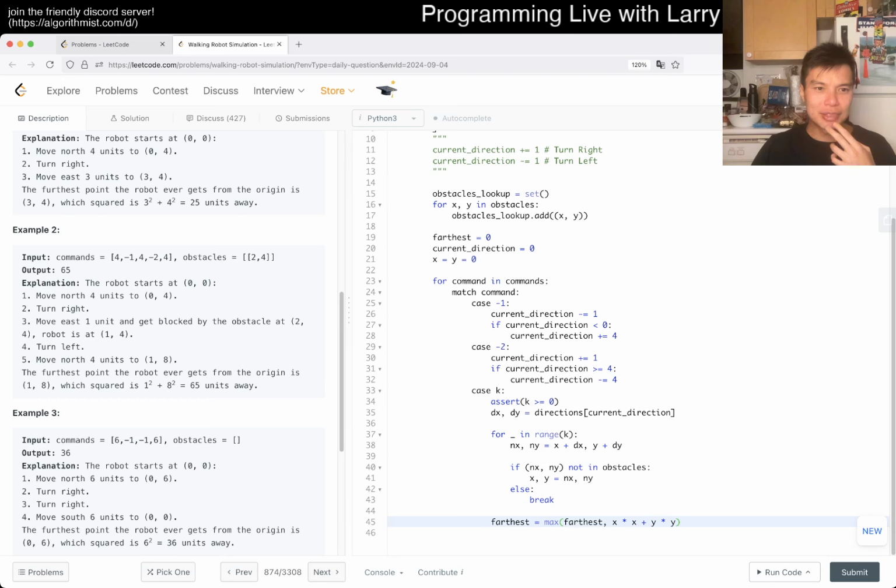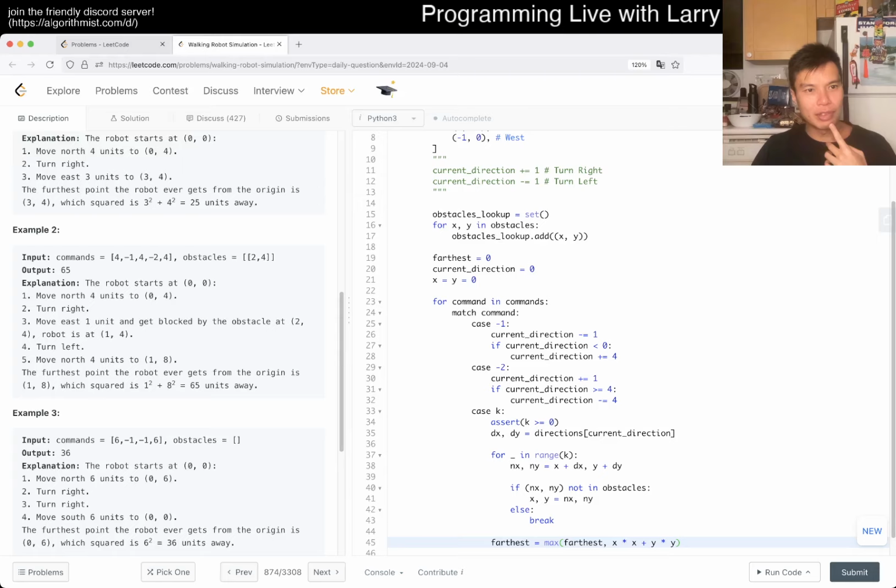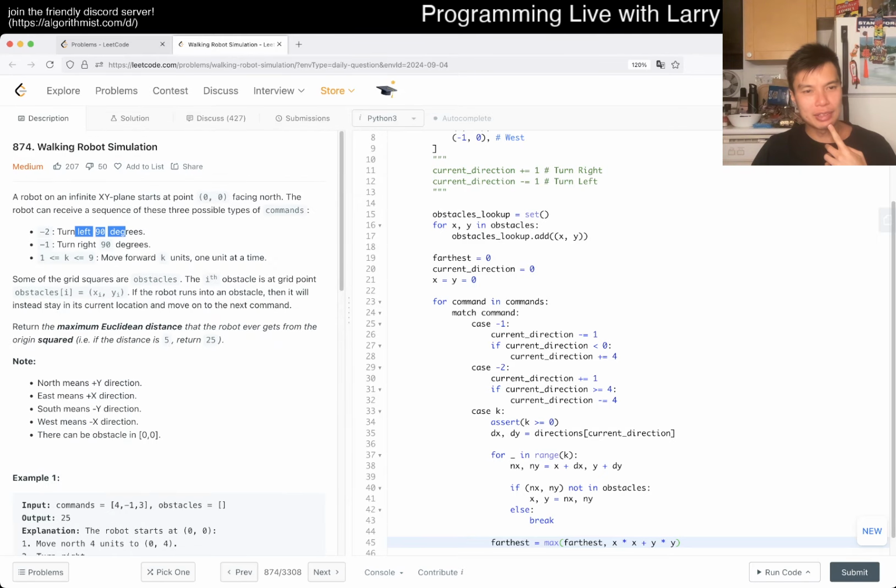Move, turn right. -1 is turn left. Oh, what the? Oh, I mean, yeah, it's just a very silly, easy mistake. But why did I think, I just confused myself. But also, like,